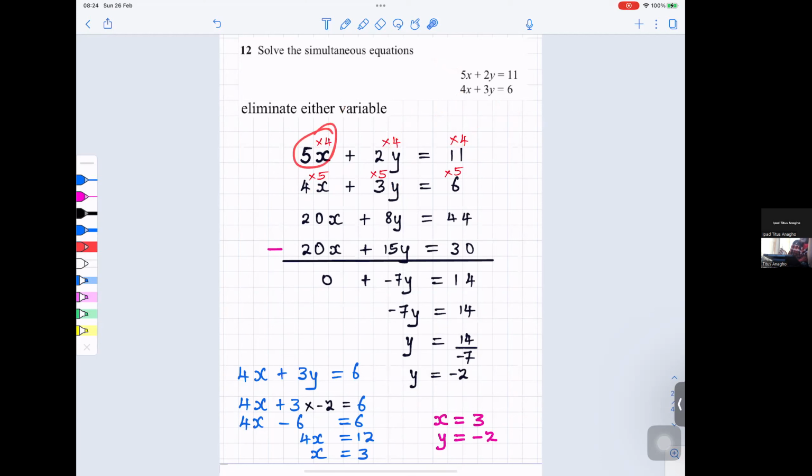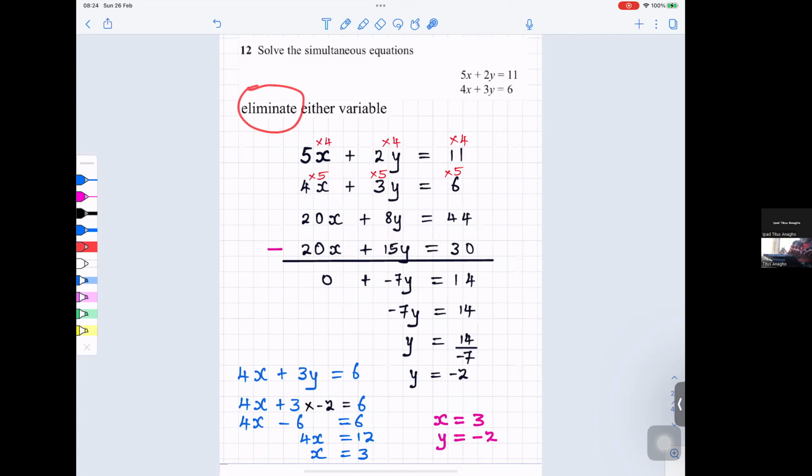So that will be 5 times 4, 20. 2 times 4, 8. And 4 times 11, 44. And then 4 times 5, 20. 3 times 5, 15. 5 times 6, 30. Now, because x is now the same,